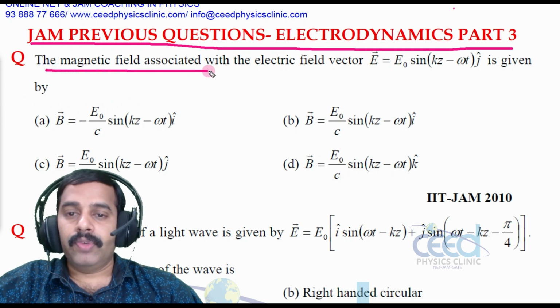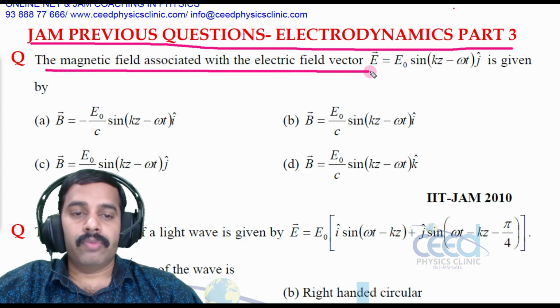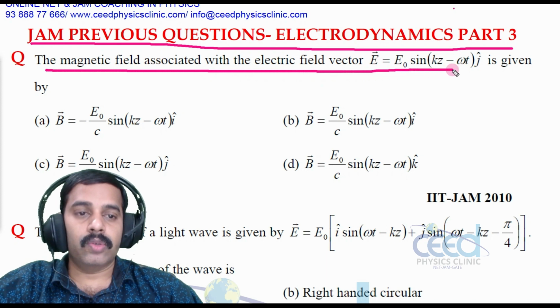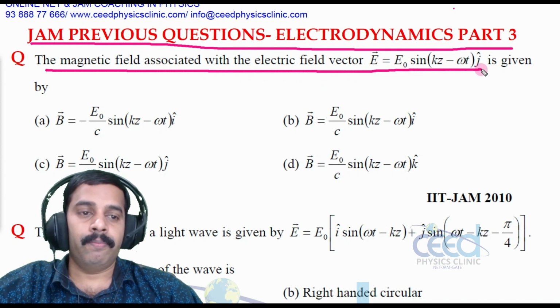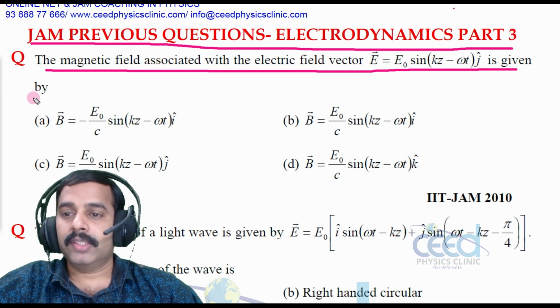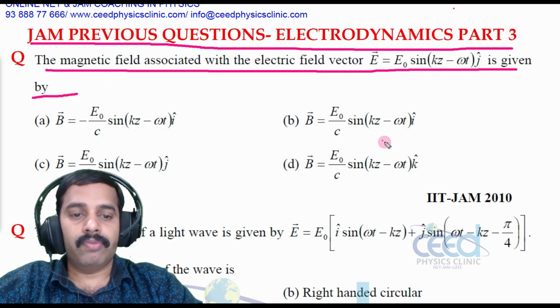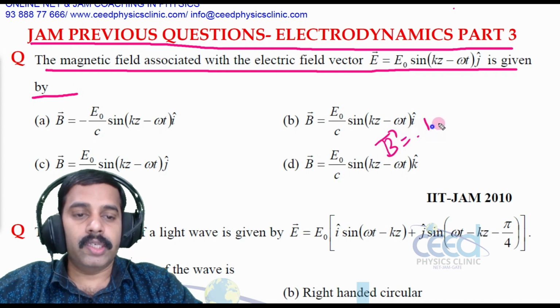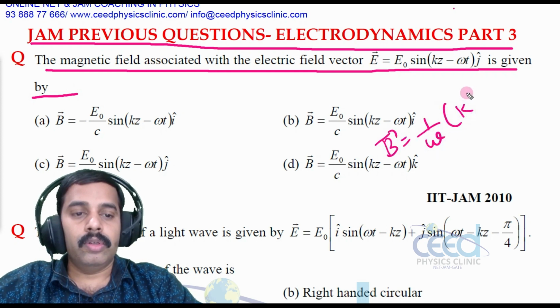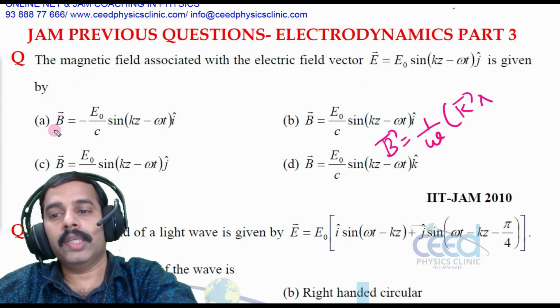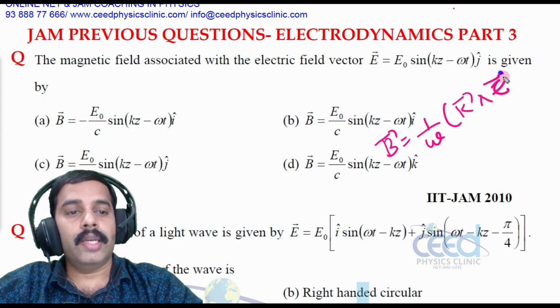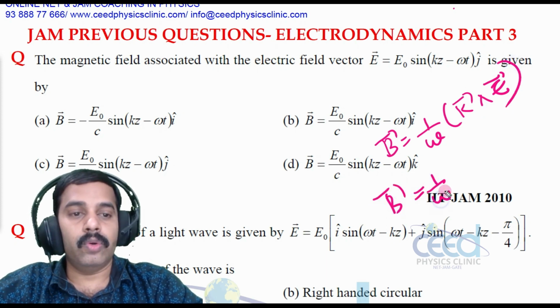The magnetic field associated with the electric field vector E, given as E is equal to E0 sin(kz minus omega t) j cap, is given by. So the electric field is given. So what is the magnetic field? The general expression we have studied is 1 by omega into k cross E, right? And E is given here. So 1 by omega into